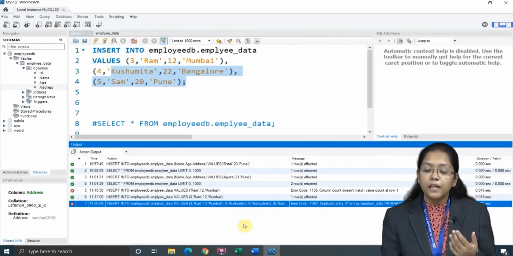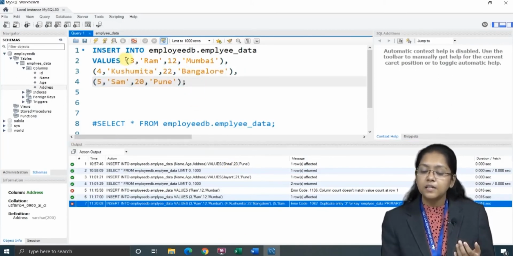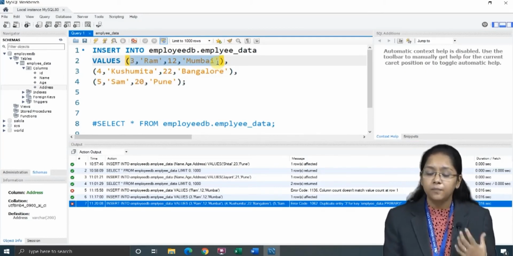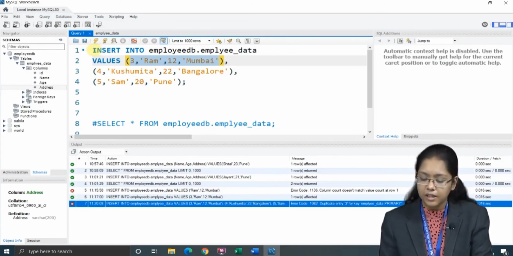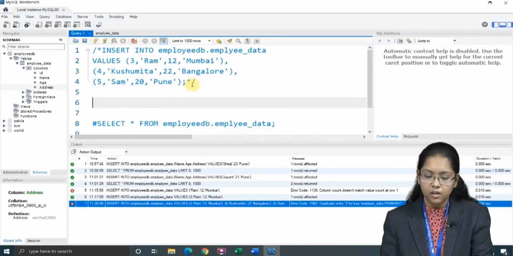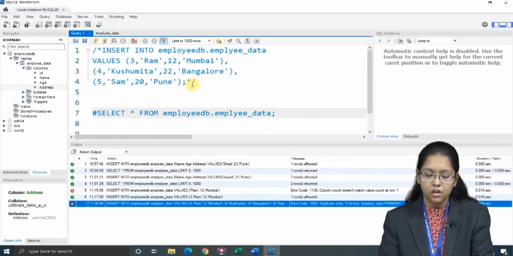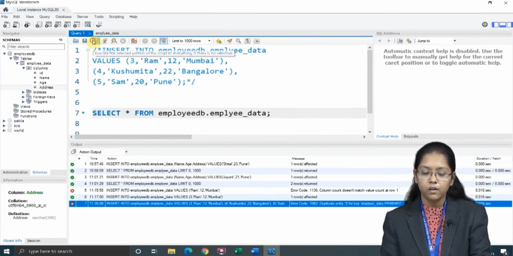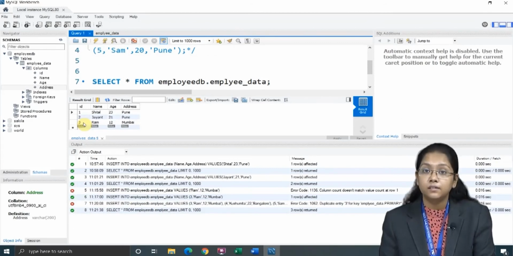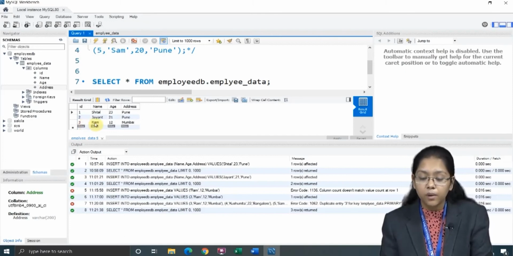Now, this data I have already added over there. Let me just show you the table right now. So I will comment this out and uncomment the select statement which is here, and fire this query. See, here there is already a 3: 3 Ram, 12 Mumbai.